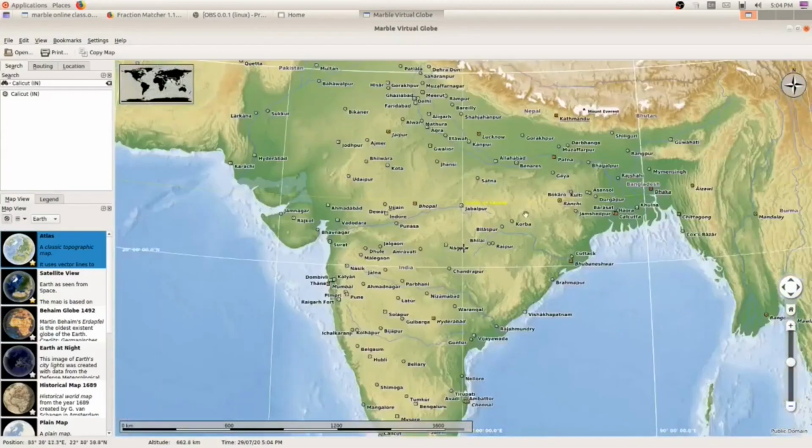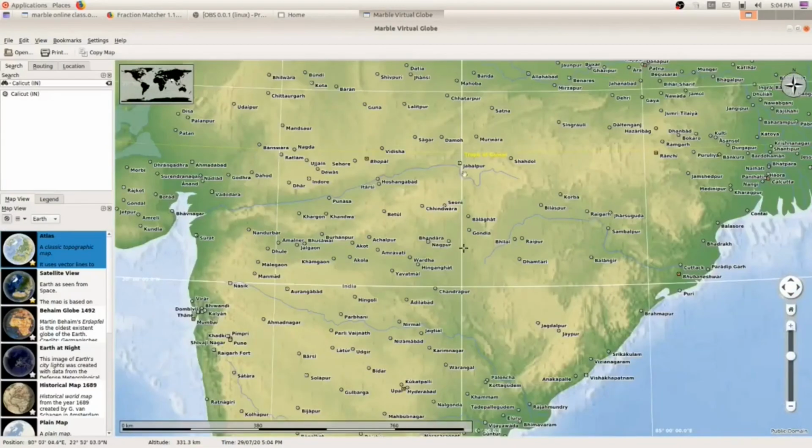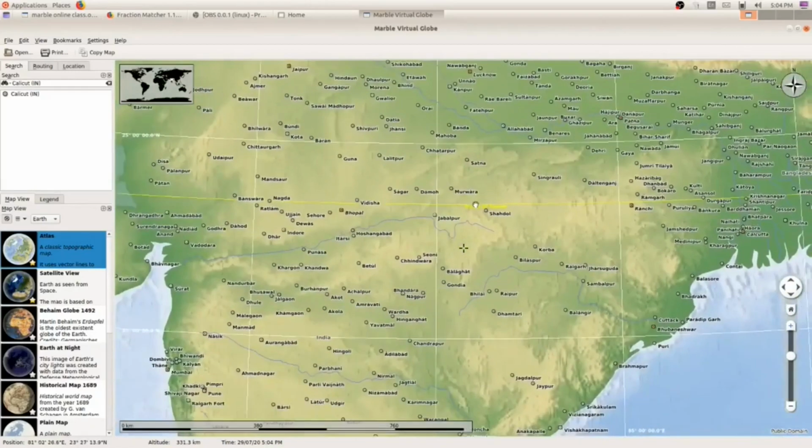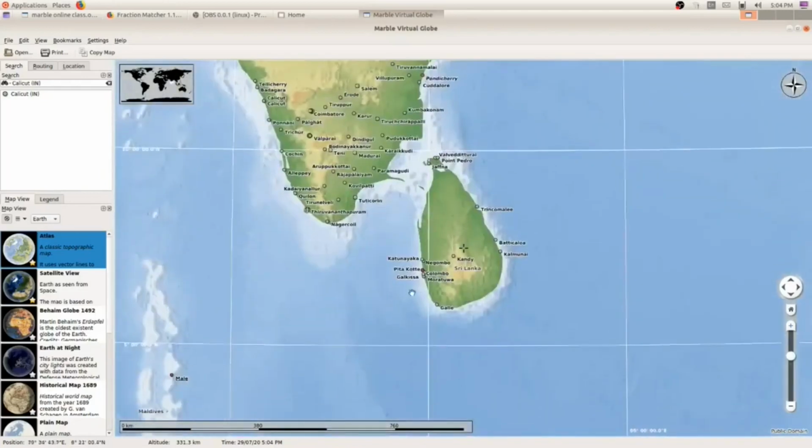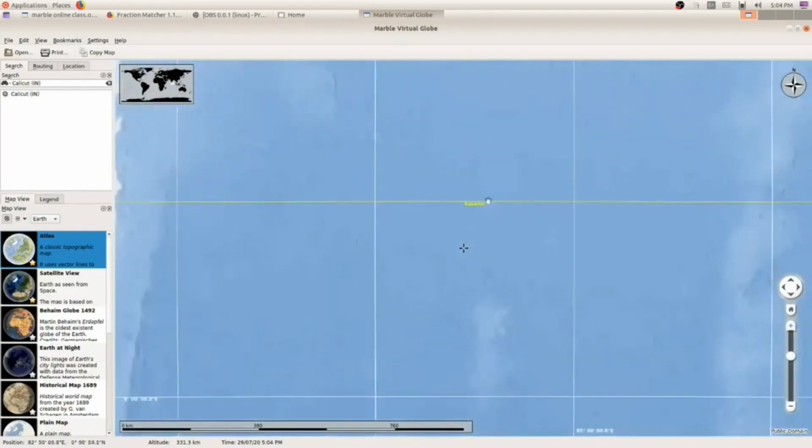Can you see here a yellow color text and yellow color line, and this is India, and the major latitude passing through India is Tropic of Cancer. I'll show you the equator now. Equator is under India. You can see here a yellow line. This yellow line is known as equator, which divides the globe into two parts, northern hemisphere and southern hemisphere. Okay, so these are the latitudes.